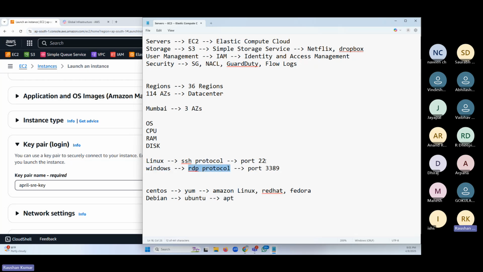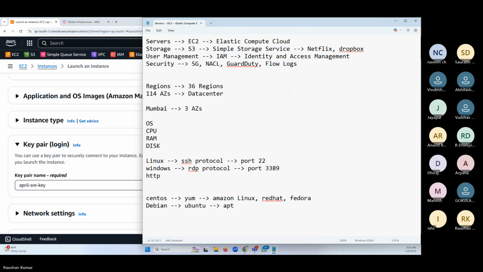And they are happening on a port. SSH happens on port 22. RDP happens on port 3389. If I've installed an application and we're accessing that application over HTTP, we have to open port 80.